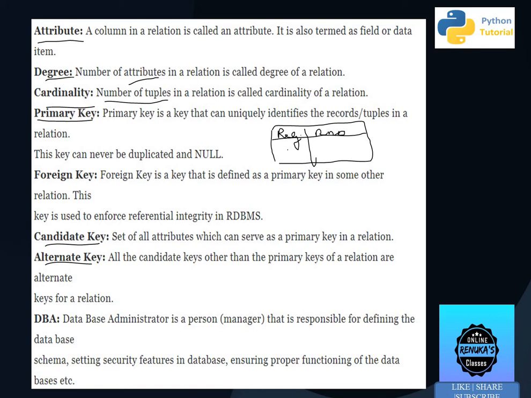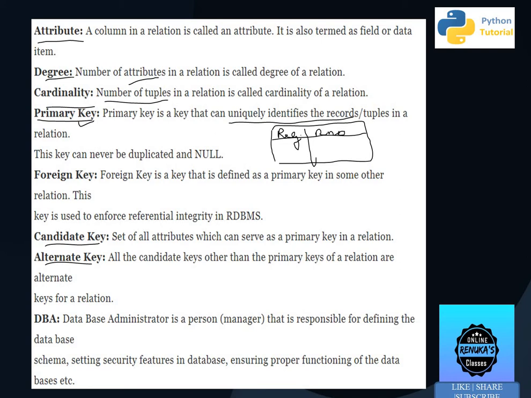Now in each table we want one column to be a primary key. Primary key uniquely identifies the record. This is the main task of primary key. It helps to uniquely identify the records. But what is the characteristic of primary key? A primary key should contain unique values. Always it will contain unique values and there will be no null value in it. Now from registration number and roll number we can say both can act as primary key.